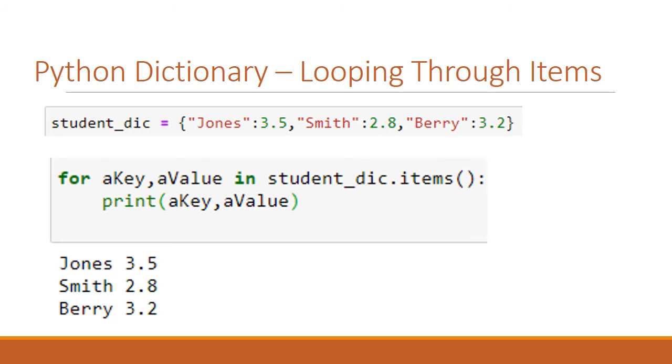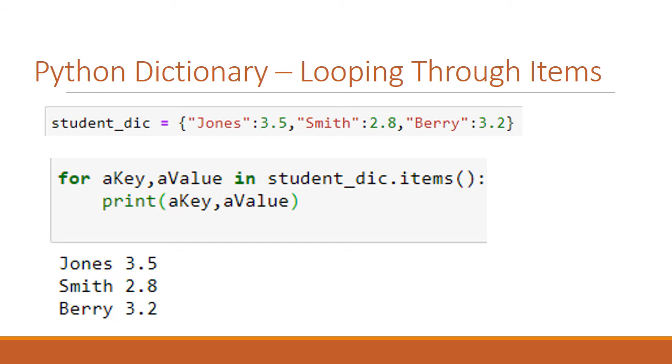In our for loop, we have for key, value in student_dic.items(). So for each item in the dictionary, I want the key and the value. Then I print the key and the value, and you can see that it prints Jones 3.5, Smith 2.8, and